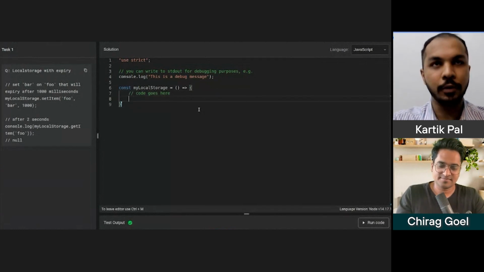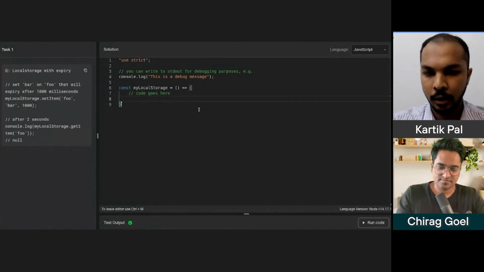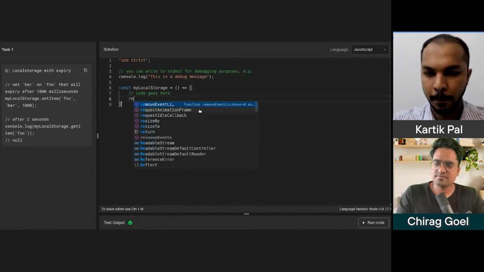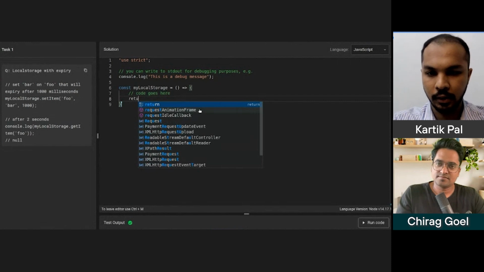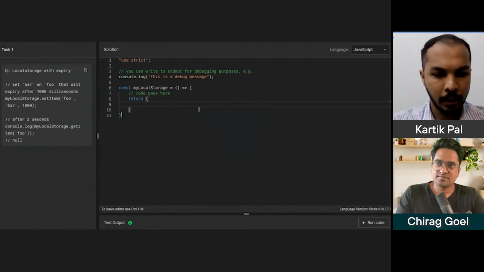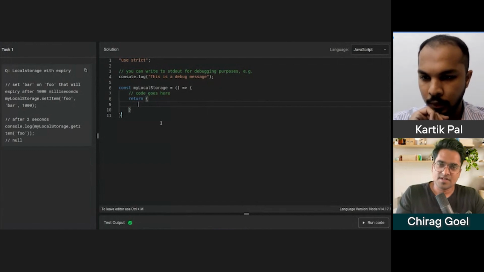Since we are using functions, my initial intuition would be to use a class to implement this first. But since we are using a function, we can go ahead with that also. So let's say we are just returning an object first, and it will have